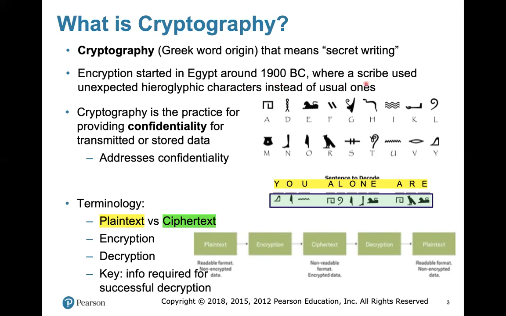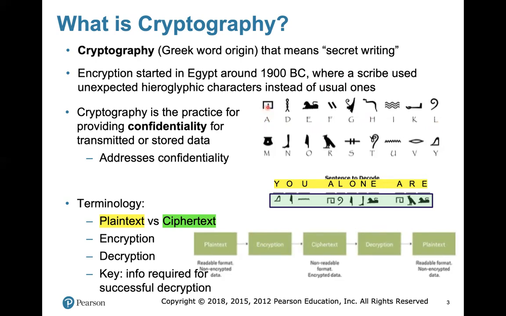And they believe that the ancient Greek scribes used some type of cryptography in order to somehow encode the information they wanted to write. And hieroglyph characters are a good example of that. For example, you want to write something, you don't use letters A, B, C. Of course, they may have had different types of letters. But let's say, for example, if this stands for A, if this is the first letter of your alphabet, you don't need to use it as is.